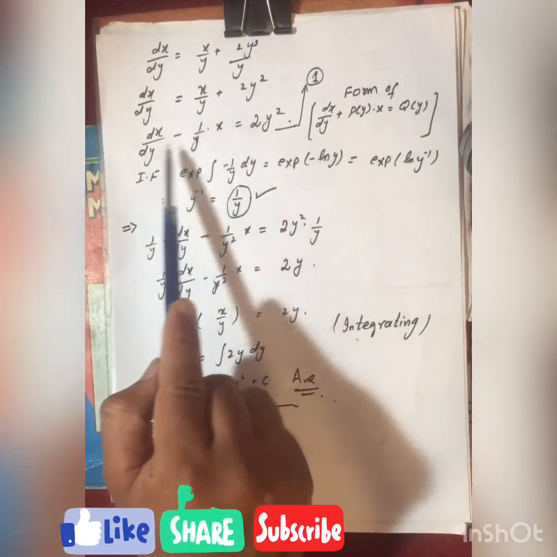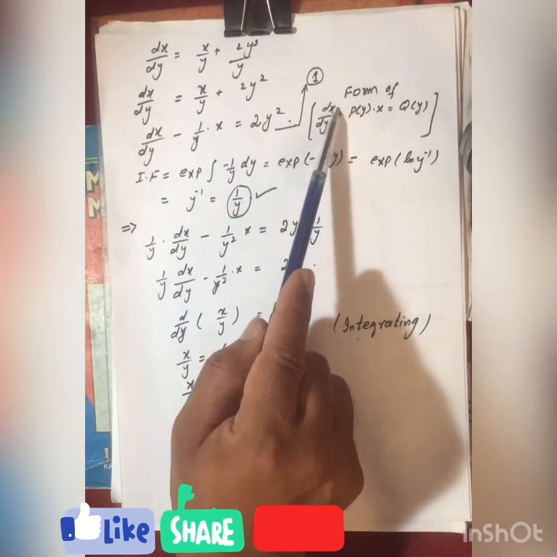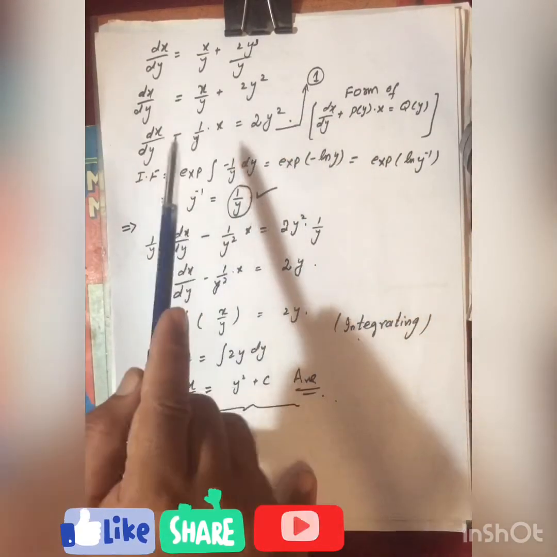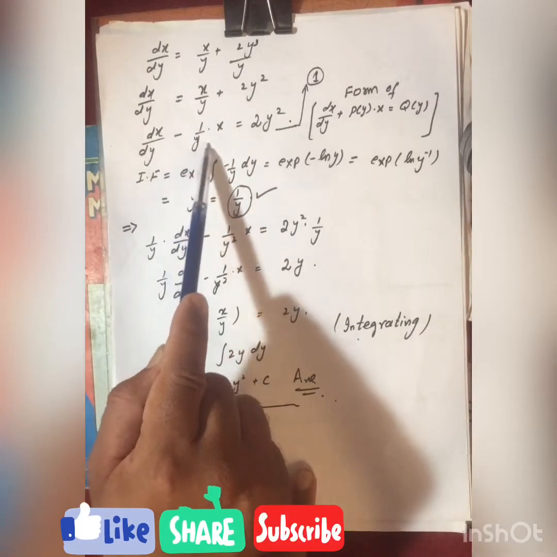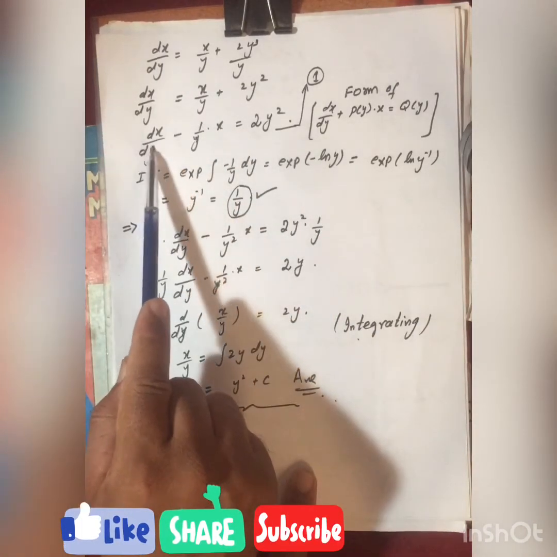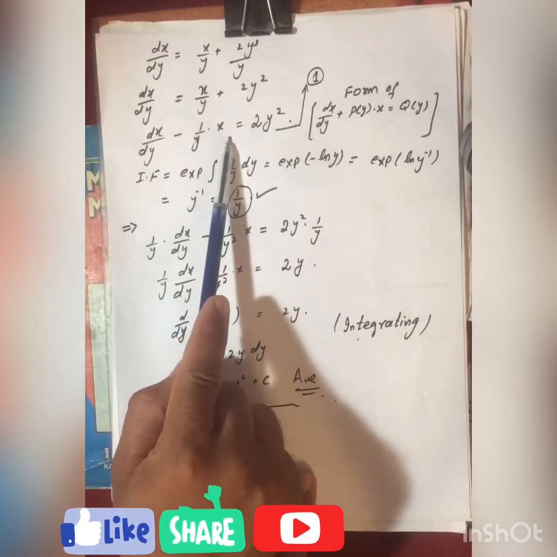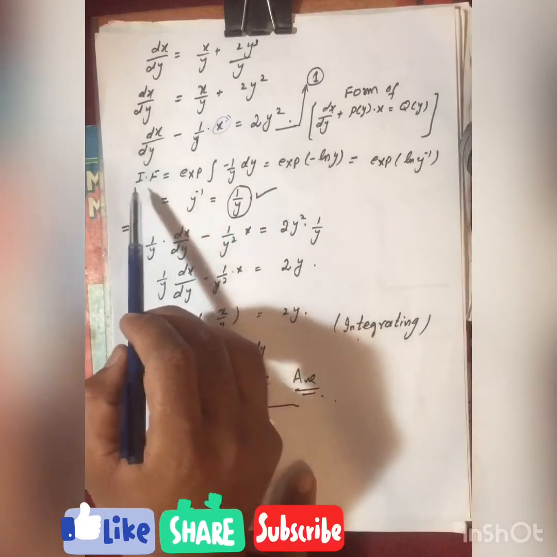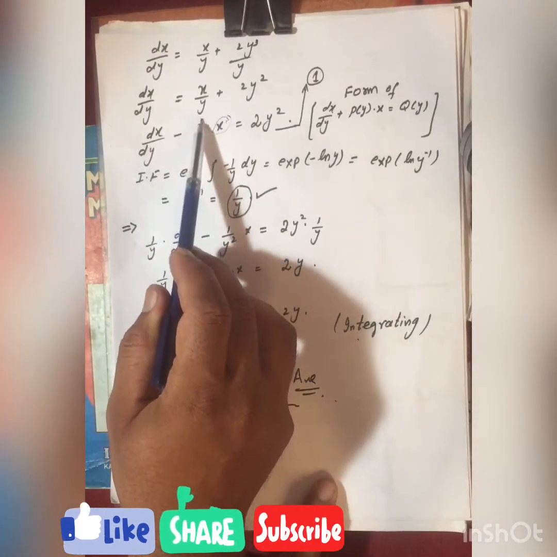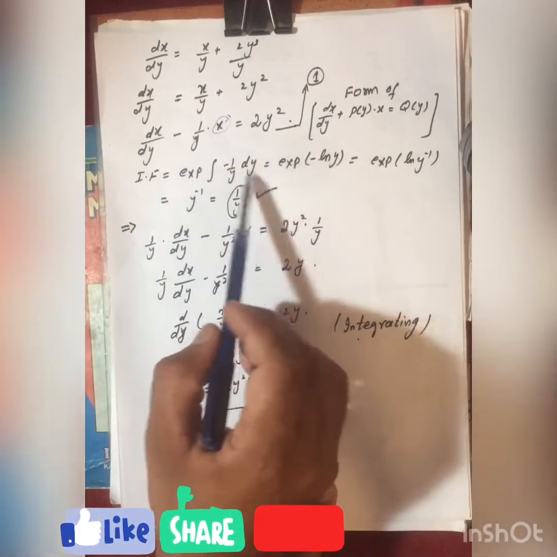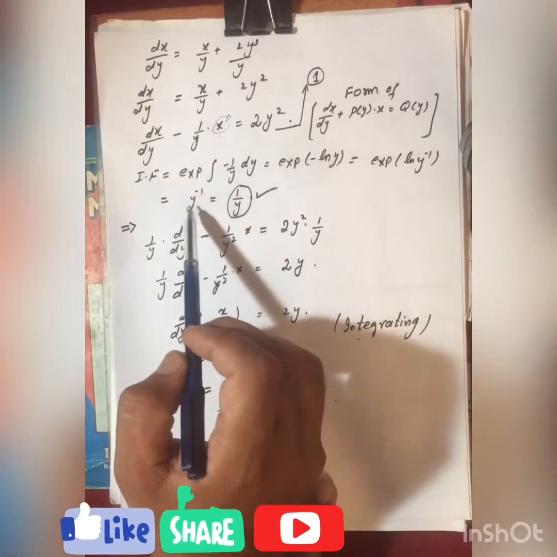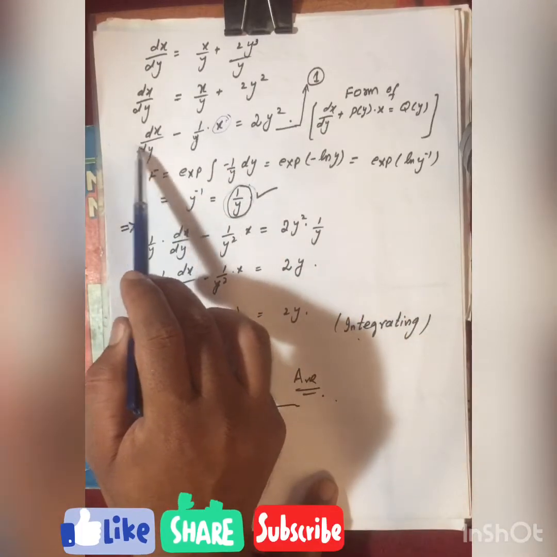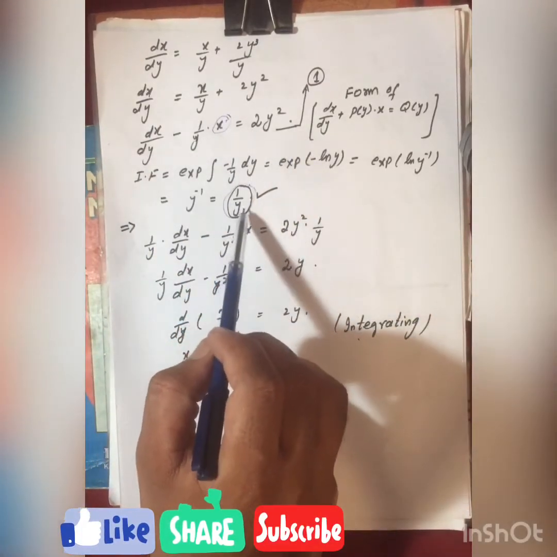Okay, this is of the following form, dx over dy plus a function of y times x equals a function of y. You can see that this is P of y. Okay, this is a linear ordinary differential equation in the variable x, not in y. The integrating factor will be equal to the exponential of the integration of this with respect to y. You will simplify this and you will get the integrating factor 1 over y, and this linear differential equation will be multiplied by the integrating factor.